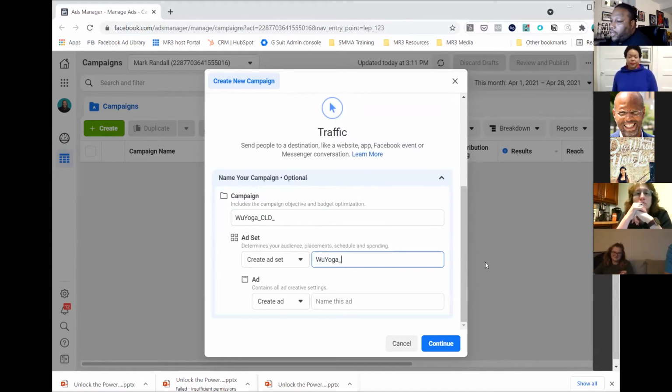Okay, and then we're going to target guys and girls, let's say 21 and 45. That's who we're going to target with this particular ad set. And then for your ad, you're going to want to make sure that your ads follow the same naming conventions as well, something that you can easily replace. Right now, we're going to name this ad